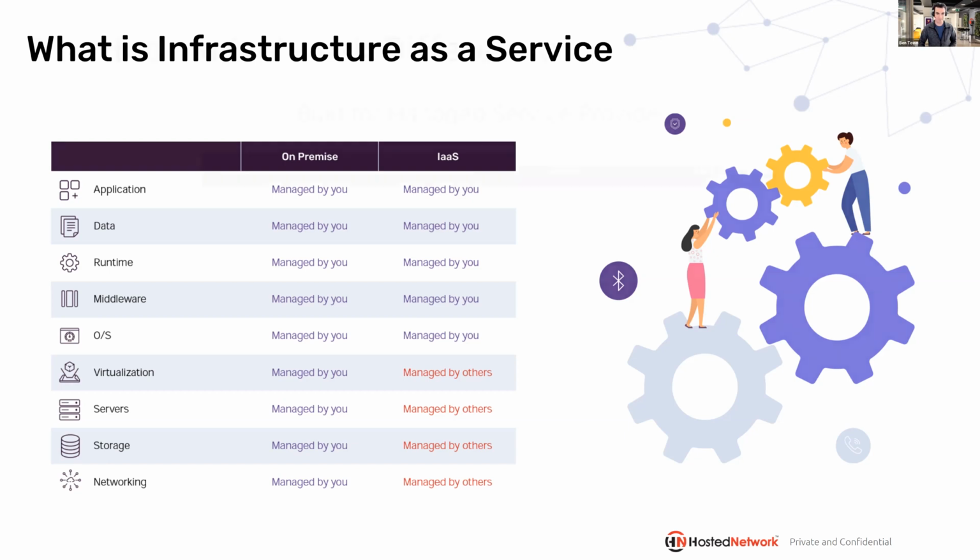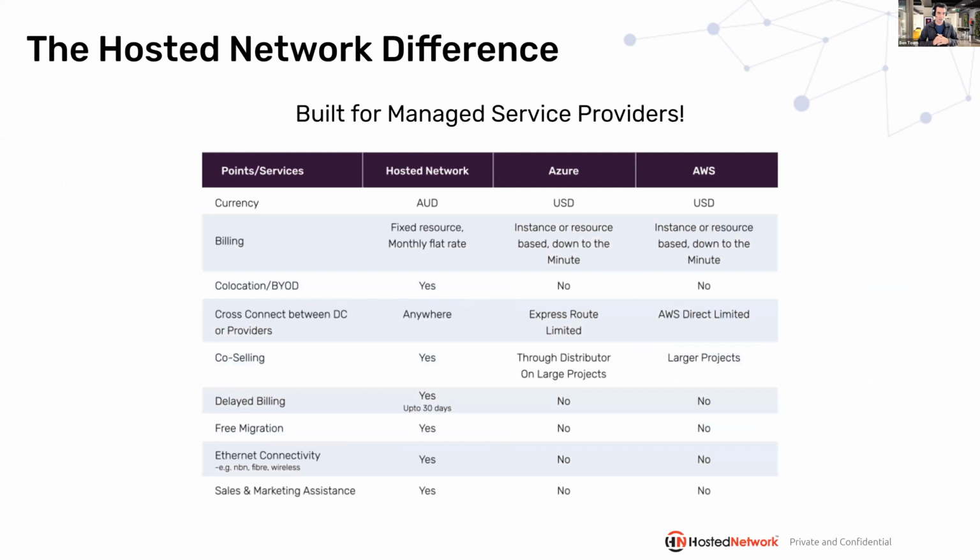So how do we differentiate versus, say, Azure, AWS, and whatnot? First of all, we bill in AUD, and our target market is managed service providers. So the entire platform, like everything else that we run, is built with an MSP in mind. One of the headaches for MSPs, and if you don't already know, we started as an MSP, so a lot of these are pain points that we've experienced ourselves, is billing.